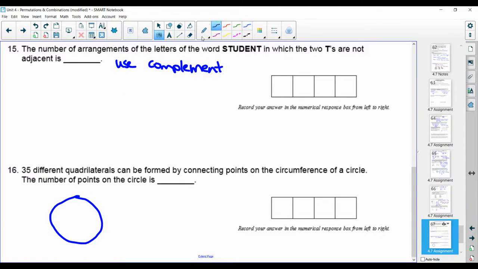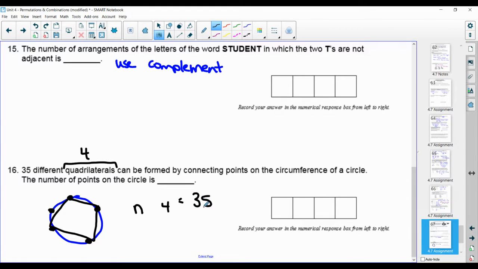So we have this circle and we have a bunch of points on the circle. We don't know how many points are there though yet. But when we have those points connected, we can create quadrilaterals. Now a quadrilateral has 4 sides. So we have some 4-sided shapes in there. We have some dots. The dots is what we don't know. We don't know how many dots we have. We do know that we're choosing 4 at a time,